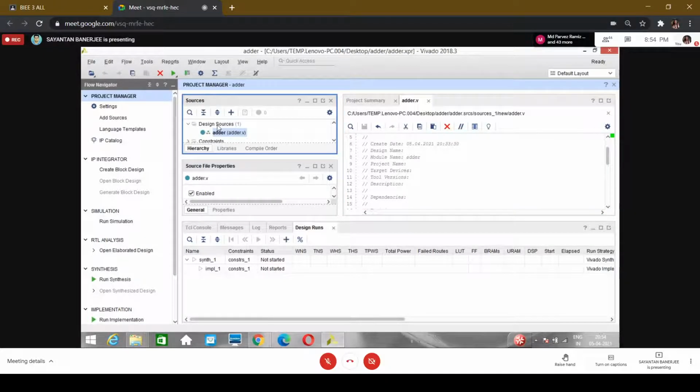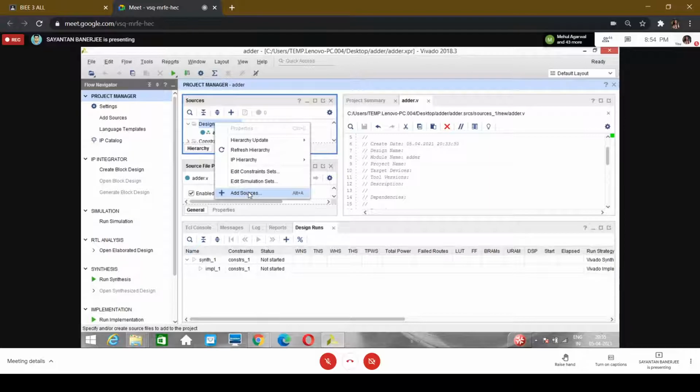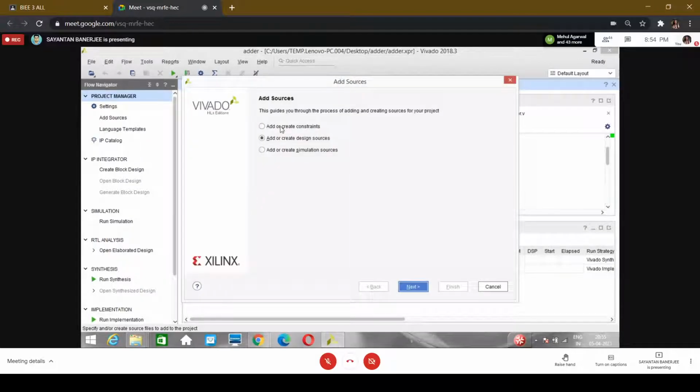So to add test benches, you can click this design sources, then you can right click, then you can click on add sources, then add or create simulation sources. Okay, so we'll simulate the circuit, so we are adding simulation sources. Don't click on design sources, click on simulation sources. Next,